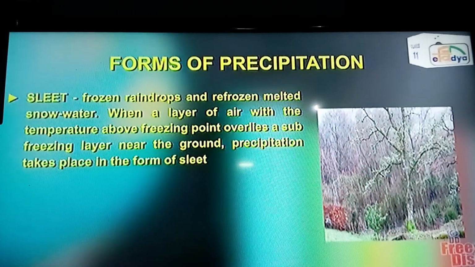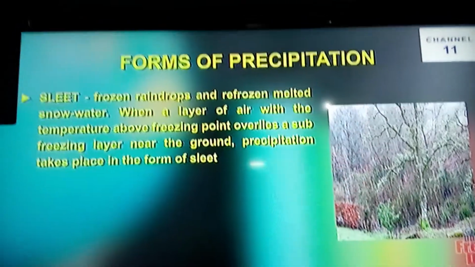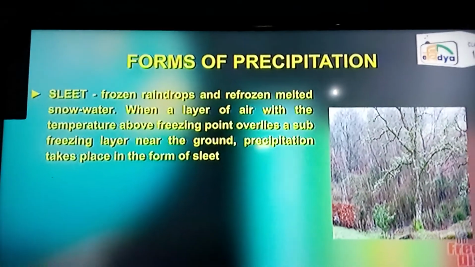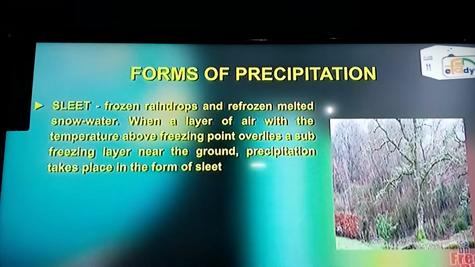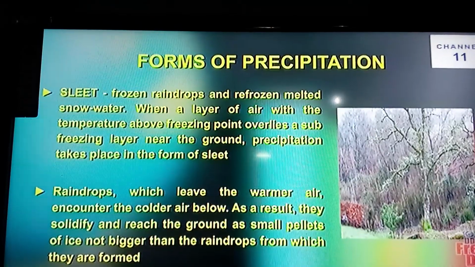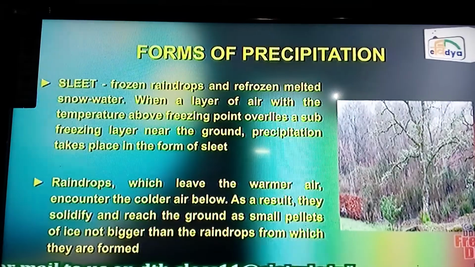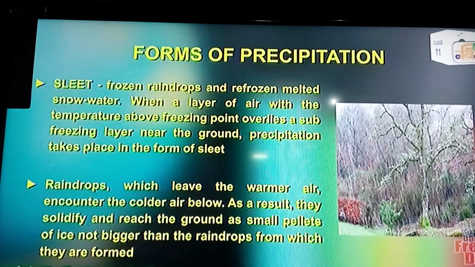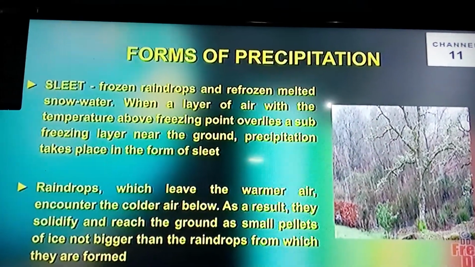What is sleet? Sleet is a frozen raindrop and refrozen melted snow water, when a layer of air with a temperature above the freezing point comes near the surface of the earth. That is known as sleet. Raindrops which leave the warmer air encounter the colder air below. As you know, the warmer air rises. So these particles solidify and reach the ground as small pellets of ice, not bigger than the raindrops from which they are formed. So that is